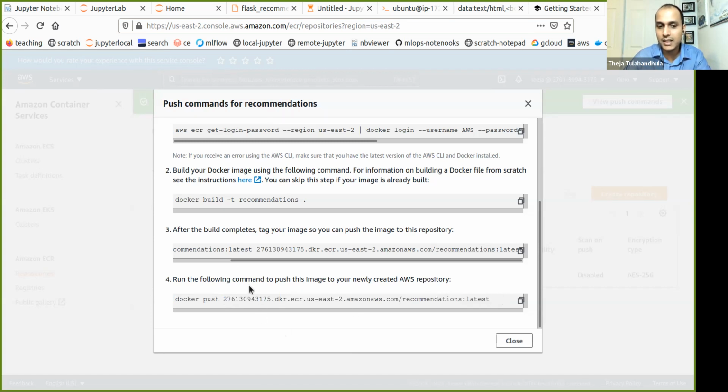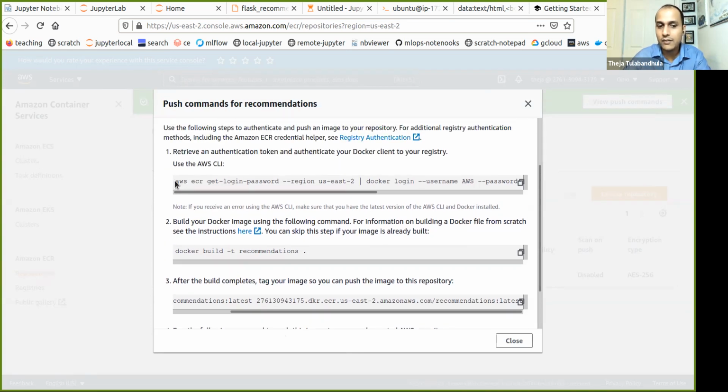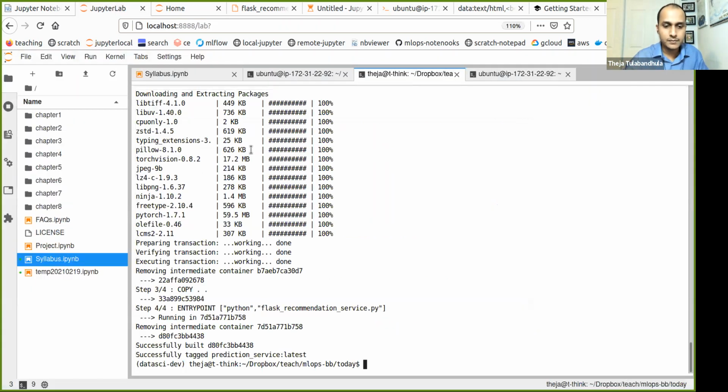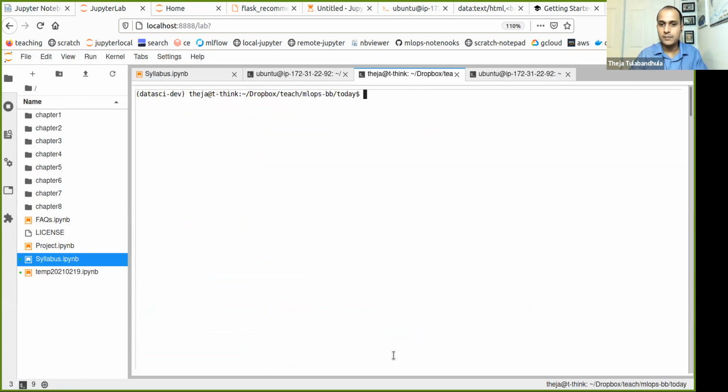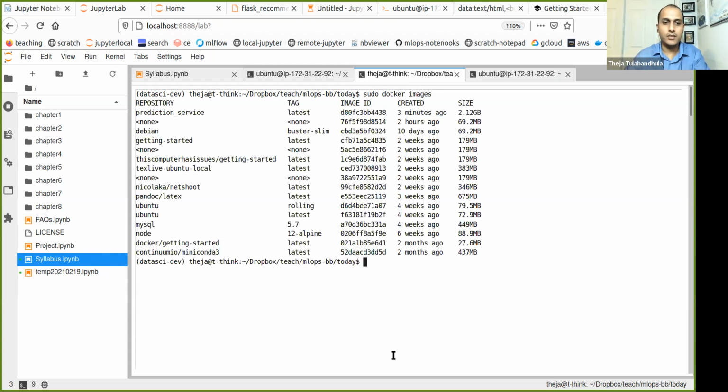How is all this happening? It's because we have let Docker log in using AWS credentials, not the full AWS account's credentials, but just some sort of a role. I'm going to talk about that in a second. So you can see this thing got built. If I do clear, actually on my local machine there may be other images, but let's anyway sudo docker images. There are lots of images, but the image that we care about is this, the prediction service that we just built. This is the one we want to send to AWS.